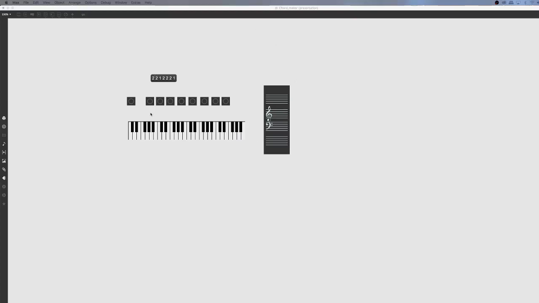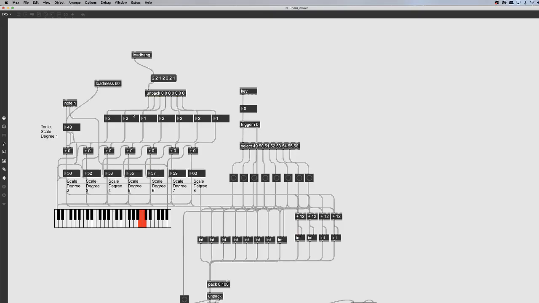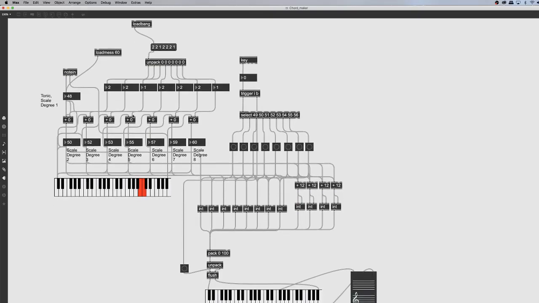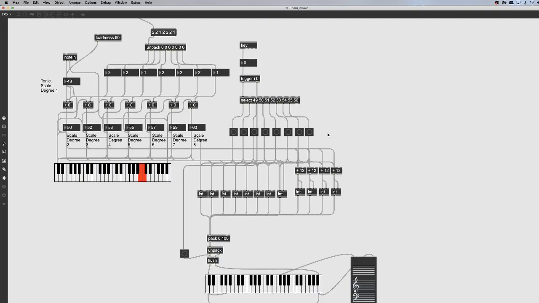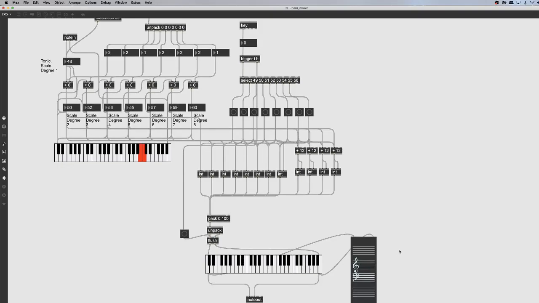So I'm in presentation mode right now for the first example of chapter 4. If I go out of presentation mode, you can see all of this. This is going to create a chord based on the scale of your choice. You can set the scale by pressing a key on your MIDI keyboard, and then if I go back to the